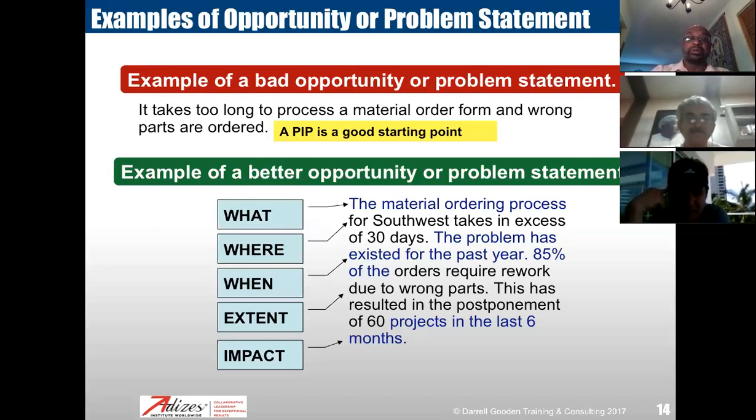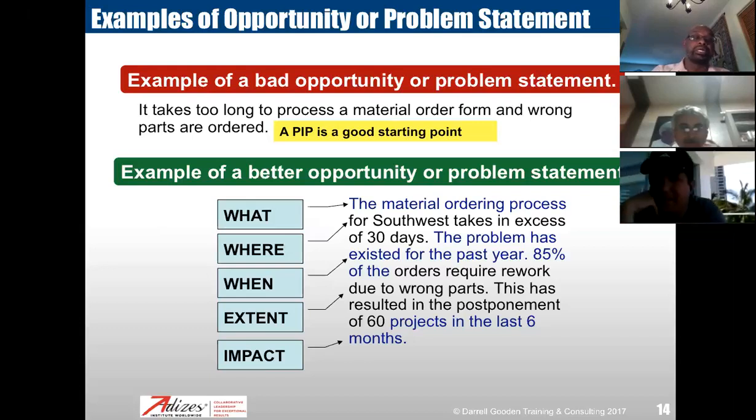When? It has been on for 30 days, and the extent is 85% of the orders required rework due to the wrong parts. And the impact is this: we have postponed 60 projects in the last 6 months. This becomes a crisp problem statement, which is necessary for a good charter to be implemented or to be at